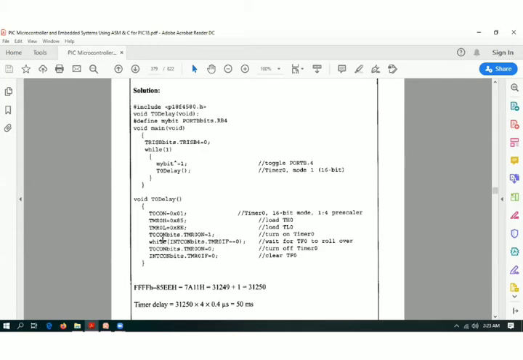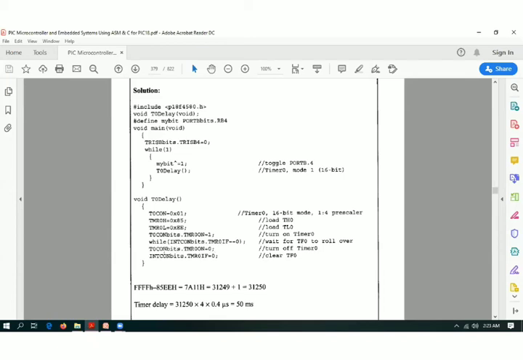Then they are continuously monitoring the timer flag. While the interrupt control bits, the INTCON interrupt controller register's timer 0 IF flag equals 0, they will wait. The while statement continuously monitors that timer 0 IF flag. When it becomes 1, it will come out of that loop.